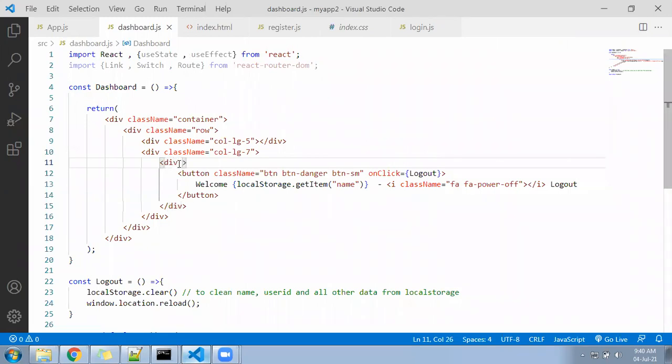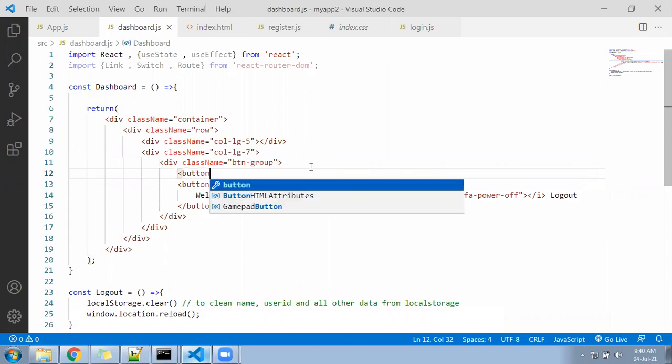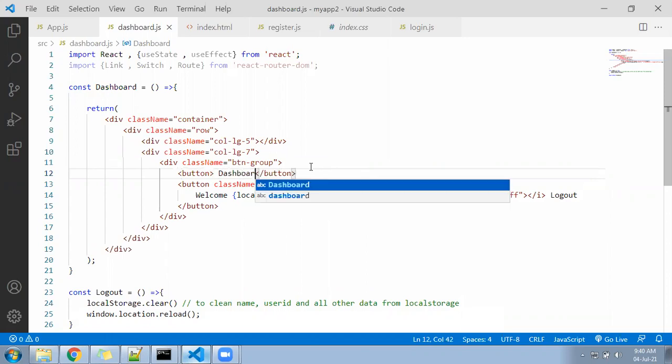Write className equal to btn-group. Create a button called Dashboard.